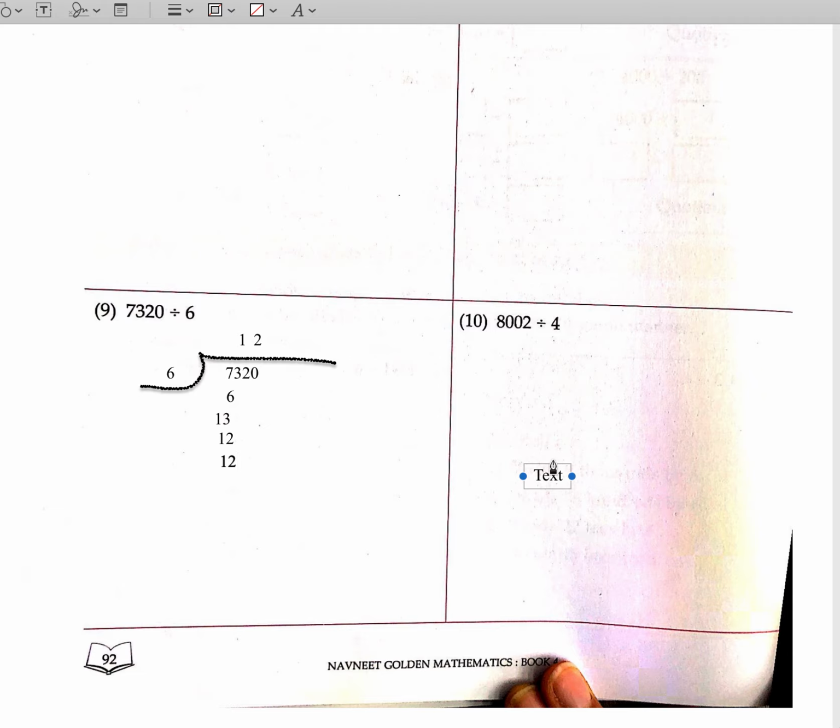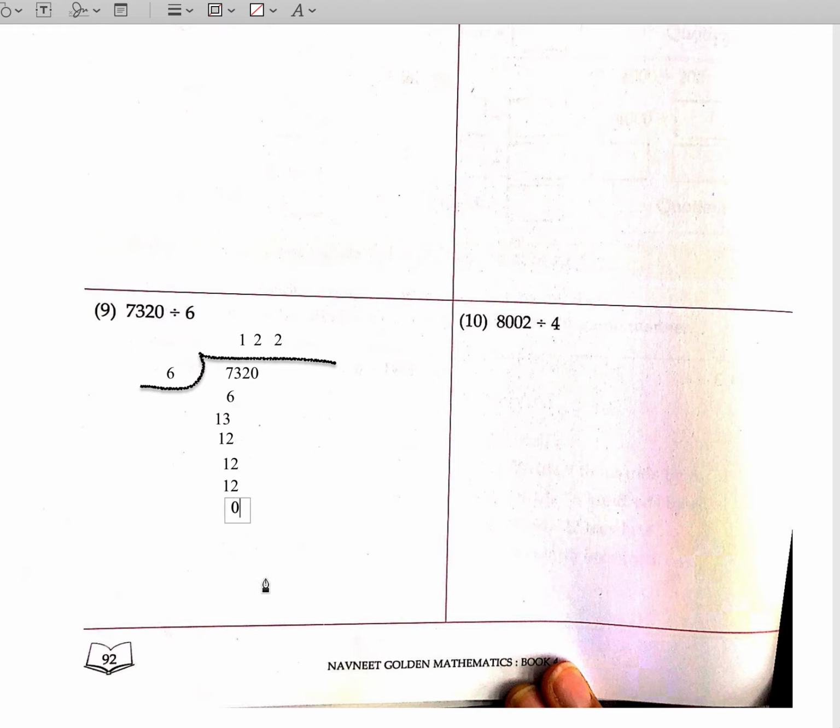So then 6 2s are 12, and hence now we are getting the perfect answer, which is 0. So we'll write 2 over here again, and then 12 minus 12 is equal to 0,